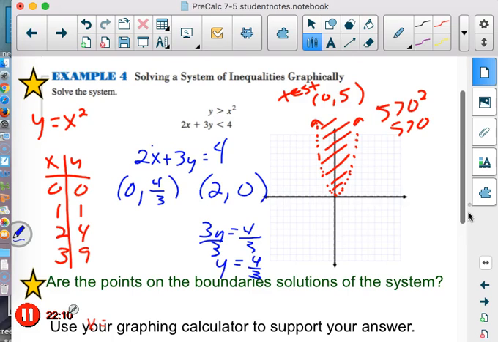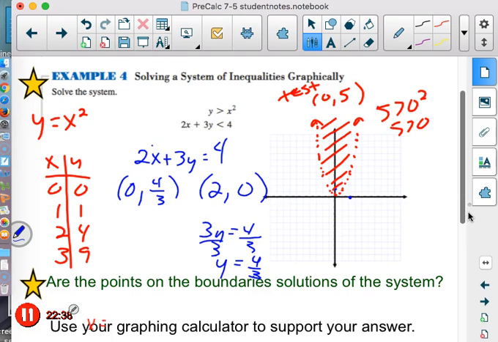Way back in geometry, the point-line-plane postulate says 2 points determine a line. 0, 1 1/3, and 2, 0. Now, if you don't like that those points are really super close together, and you're thinking without a ruler I'm going to make a mess of this, you can always solve it for y and use the slope and get a better aim. Or if you don't remember the thumb method, you don't remember finding the intercepts, solve for y,